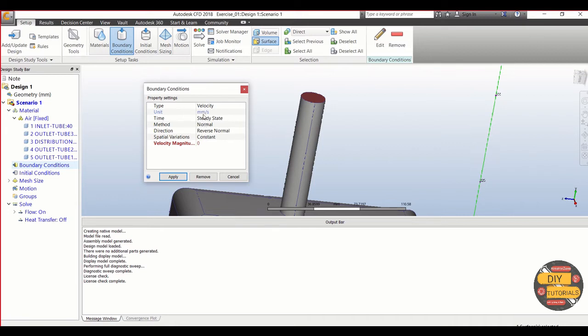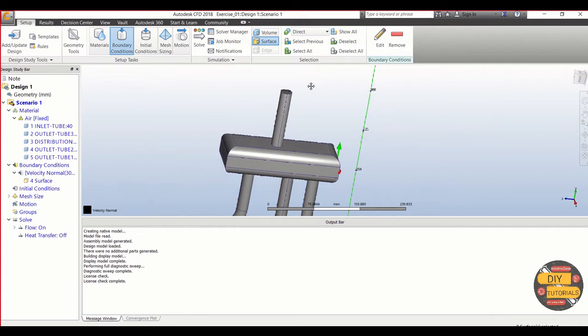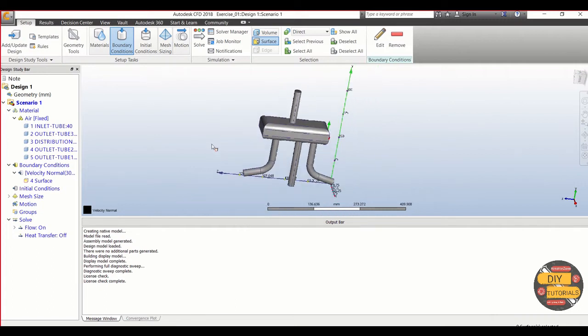We are going to keep it as per second. Velocity magnitude is going to be 3000. This is an example exercise, so I've taken the value as 3000 per second as the inlet velocity. So the velocity has been assigned now.